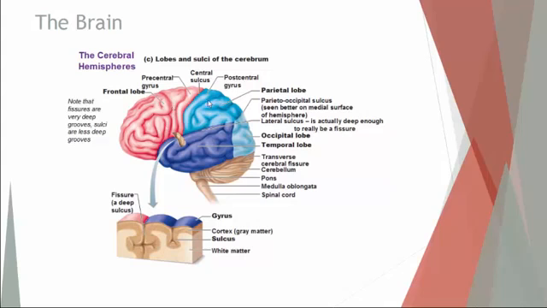This shade of blue would be the parietal lobe on the side of the broad side of the head. This lighter blue is the occipital lobe here. And this shade here of this purple color would be the temporal lobe, near the temples or the side of the head. All four of these lobes have different functions, different structures. Of course, they're all interrelated, but they have certain things that are particular just for them.